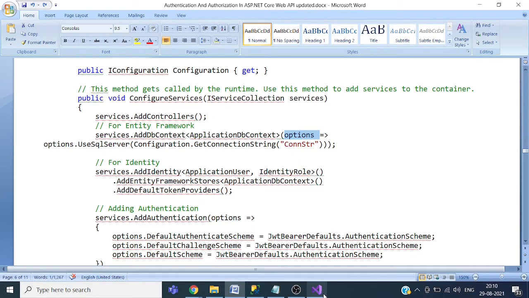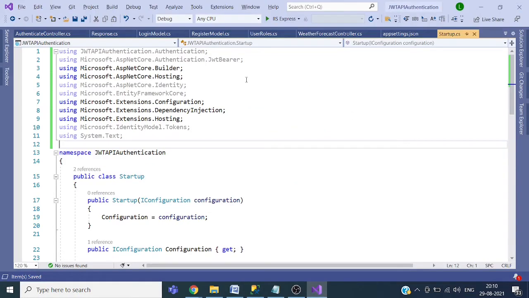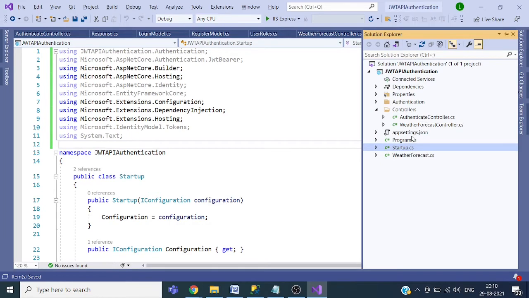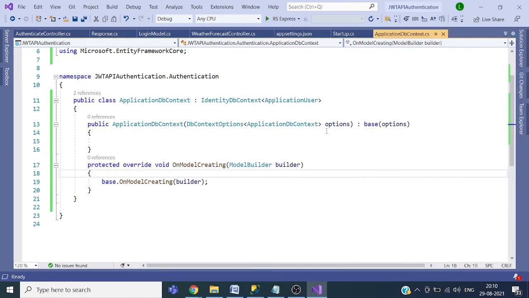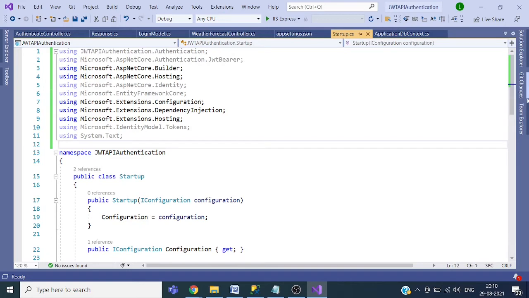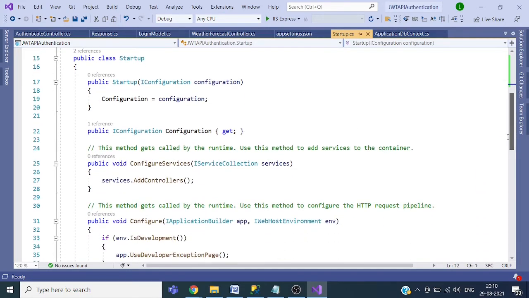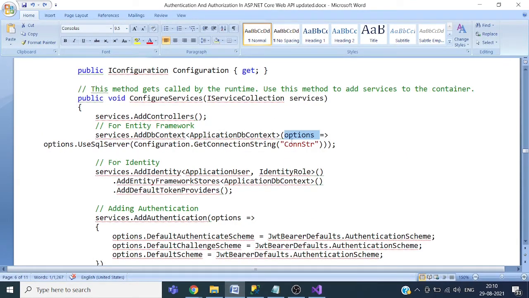So you can see we have options application. So these options are provided from this class. Yes. So these options are provided from here in the configure services method. Okay. So one of the options is the connection string.